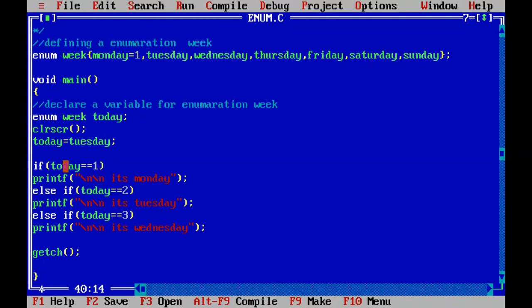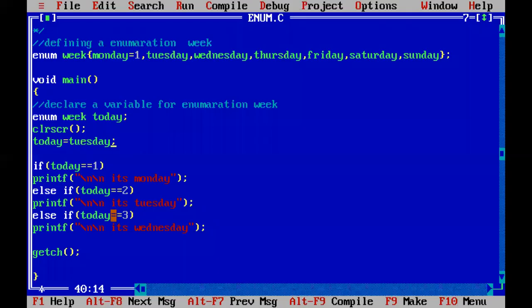Not, because today value is 2, 2 is not equal to 1, condition is false. Then come to the second else if statement. What is today value? 2. 2 is equal to 2, yes. Then what is printed? It's a Tuesday is printed, and all other else if statements are ignored. Control F9. It's a Tuesday.